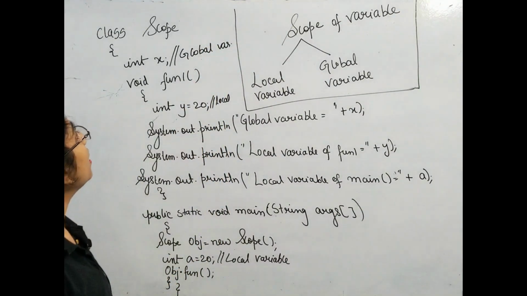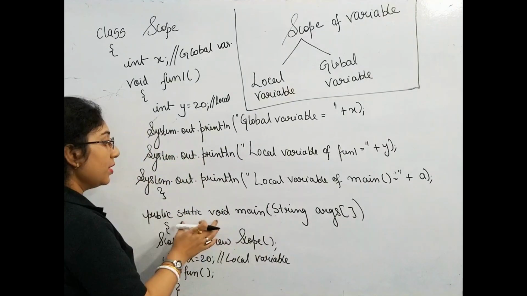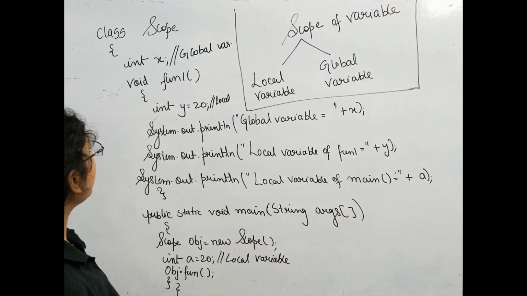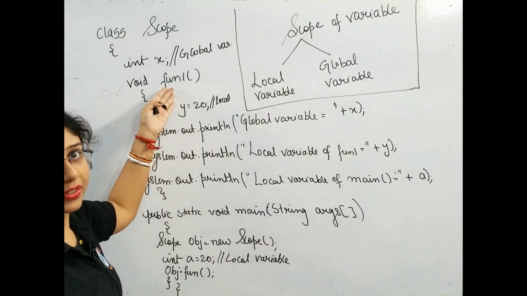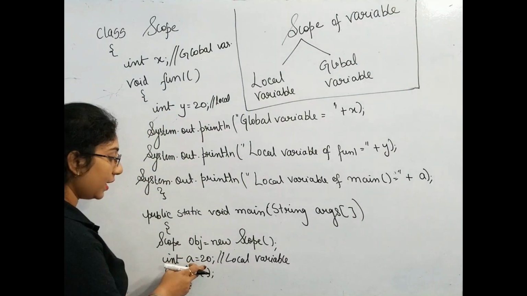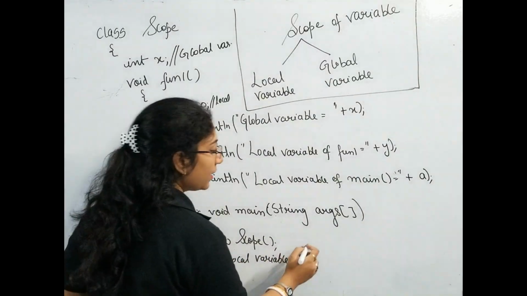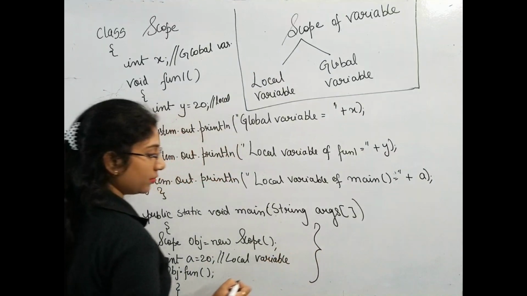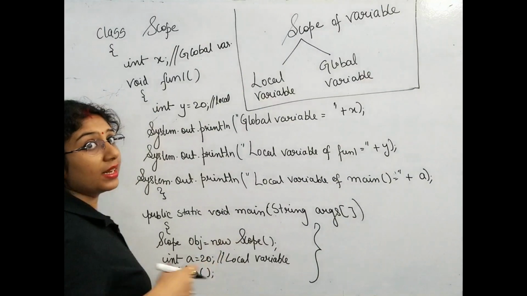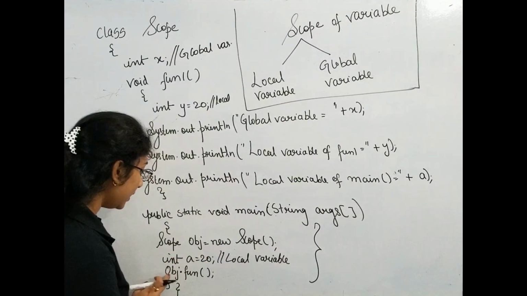Okay. Next, as we know, the execution of a program starts from the main function. So here I have created an object. Why? Because fun is a non-static function, so I need an object to call it. Here I have created one more variable, int a equals 20. It is again a local variable. Its scope is limited to this block. If I try to access it in another block, it will generate an error. Now here I am calling the function